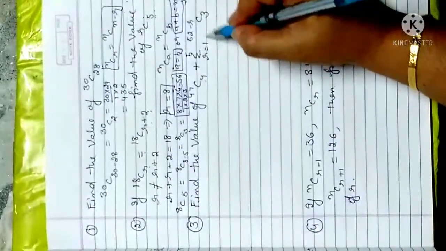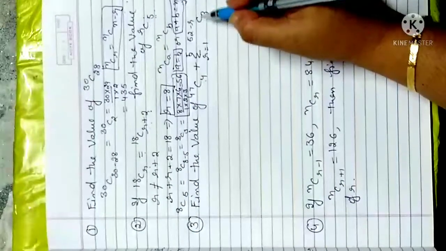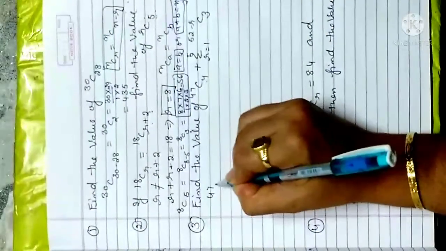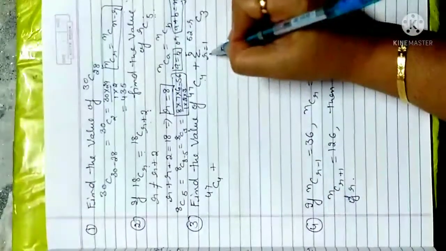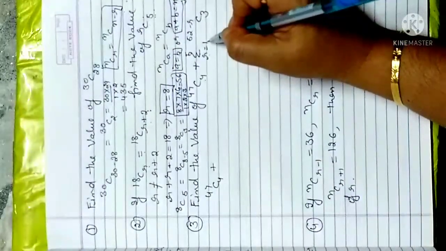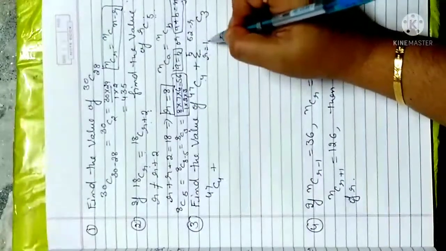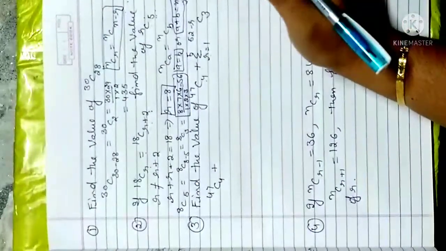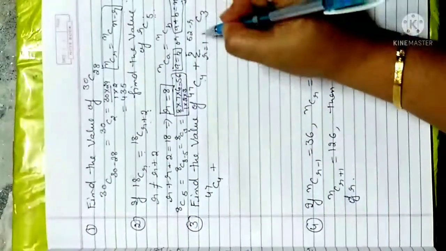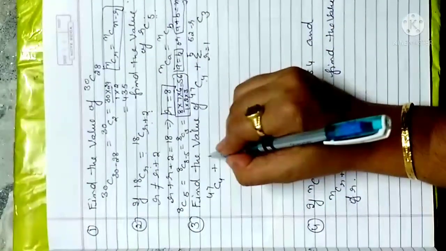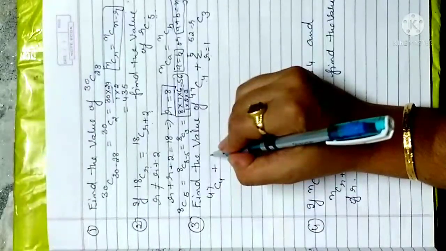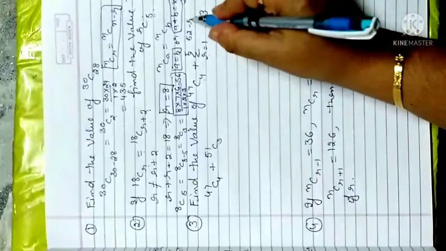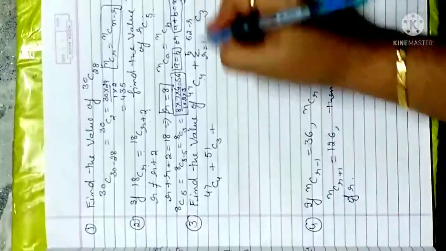Summation means one by one when you replace the r value here, you will get the value. If I write 47C4 plus the summation, r moves from 1 to 5, and summation means you replace the value one by one and add all these combinations. So first, if my r value is 1, 52 minus 1 gives me 51C3. When r value is 2, that gives me